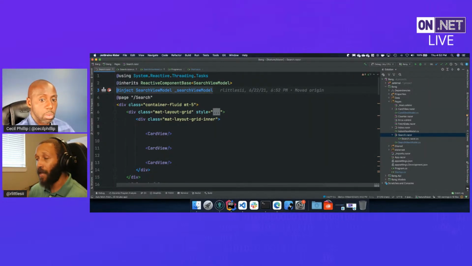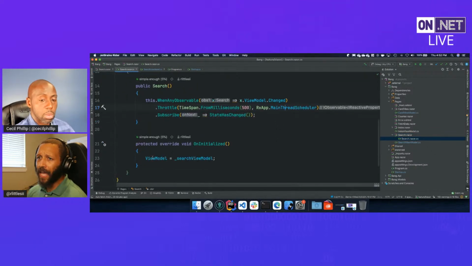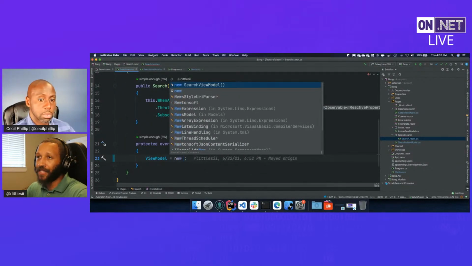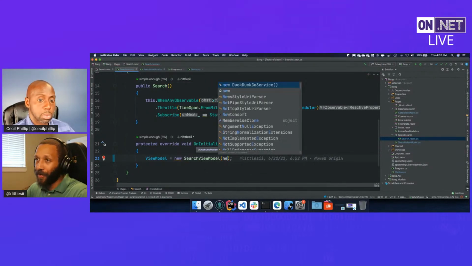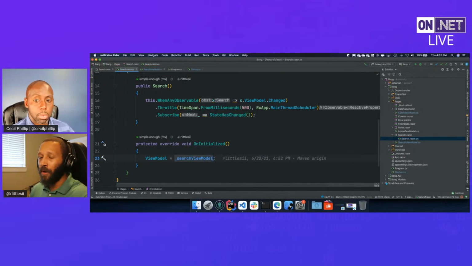I'm working with it to pull it out of the DI system and assign it to my view model property right here. That gives me the ability to not have to new up. In years past, you'd have to new up a search view model here, and you'd have to new up your dependency. You'd have to go down the pure DI route if you wanted to work with Reactive UI. Over the most recent years, to make it more appealing to folks that prefer a true IOC container,